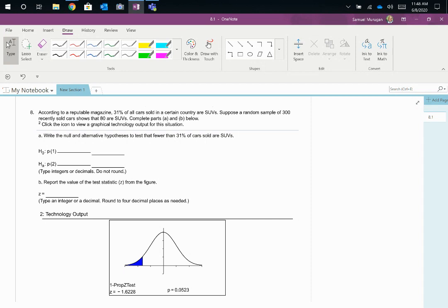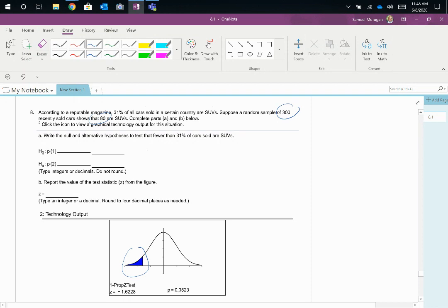Suppose that a random sample of 300 recently sold cars show 80 are SUVs. Complete parts A and B below. So, if we were to consider 80 out of 300, that would be less than 31%, which is why this is showing a less than